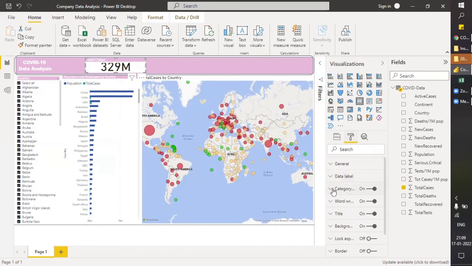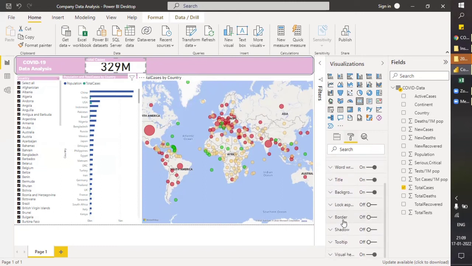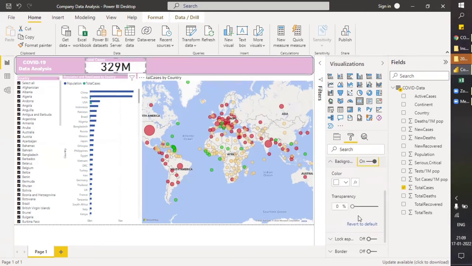So title, data, title. We don't need a background, it should be off. Also the background should be white. Let's make it white. It's much better. And it's very big.